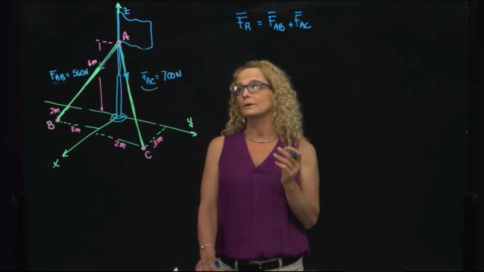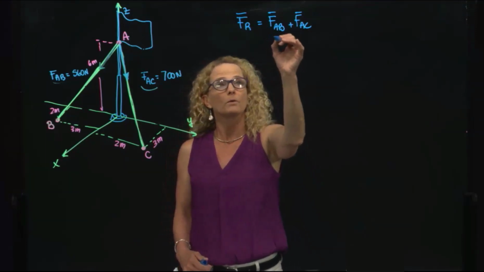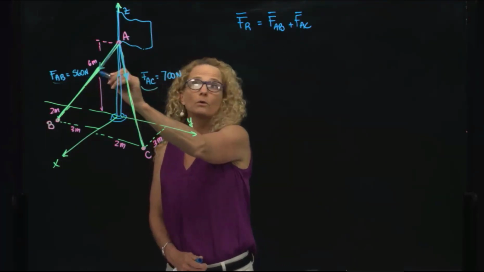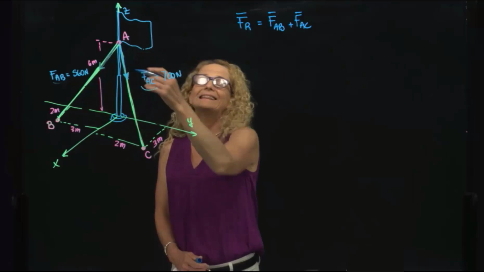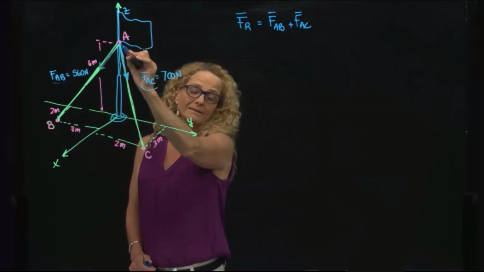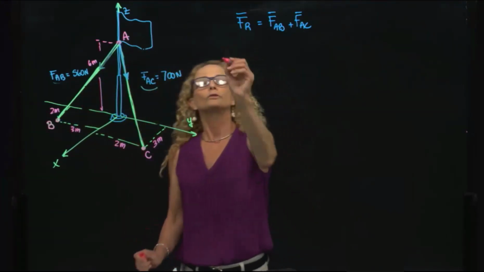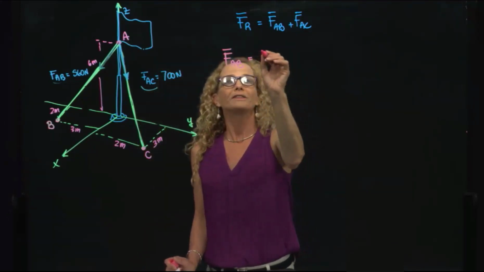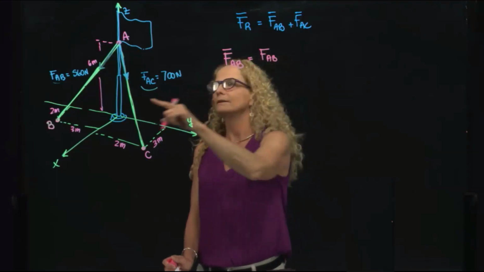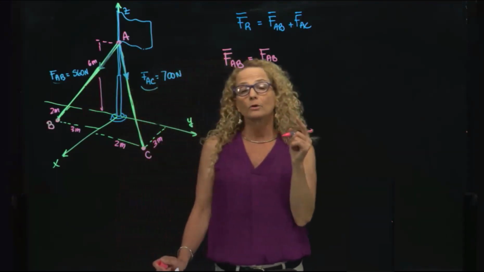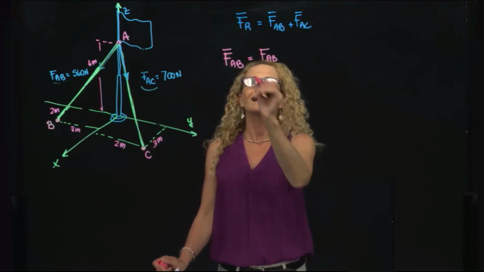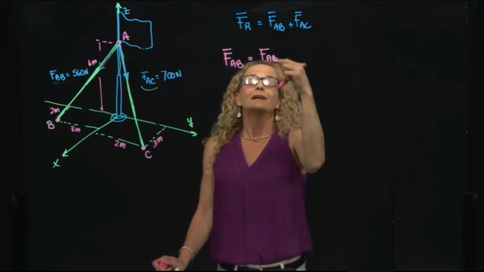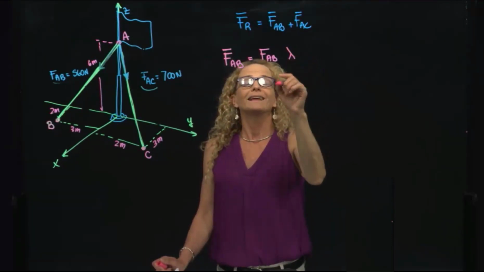Okay, so the first thing that we will do is express these forces in terms of their components. We have the magnitude of these forces, and we have the direction in the sense that we know where it begins and where it ends. To start with this force FAB as a vector, we know the magnitude of that vector that is given, that is 560. But we have to multiply that by the direction. You remember that anything that is a vector has two components, magnitude and direction. To multiply by direction, I will multiply by the unit vector,